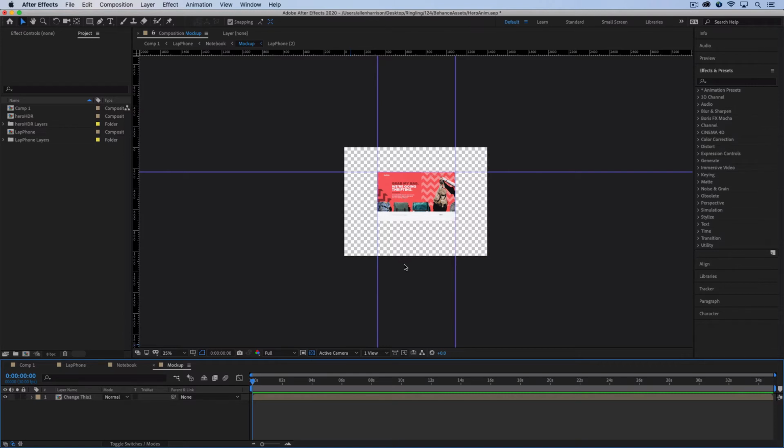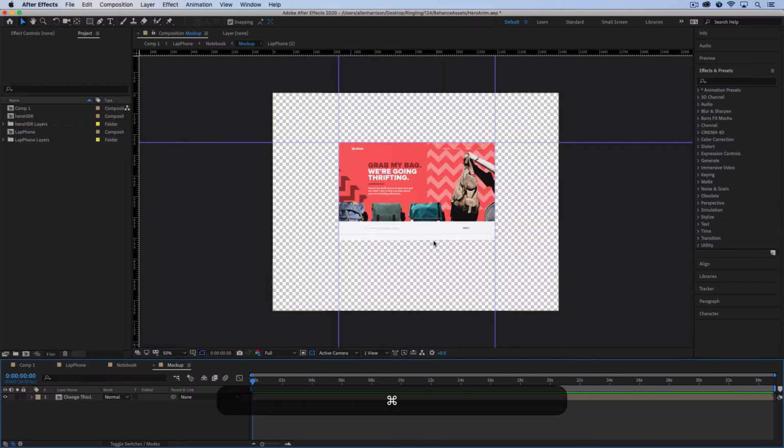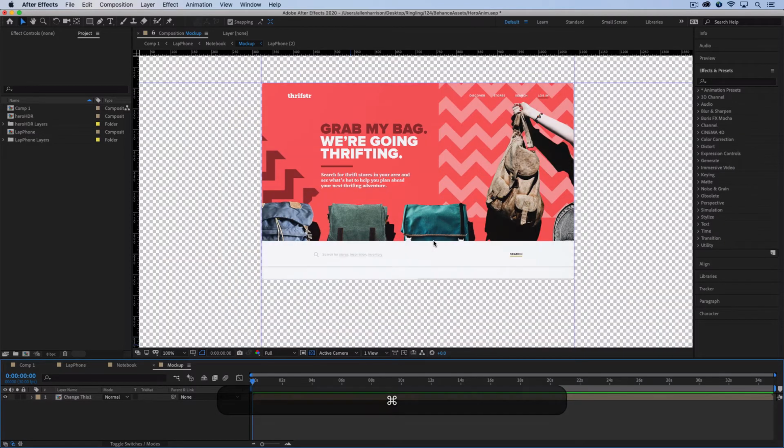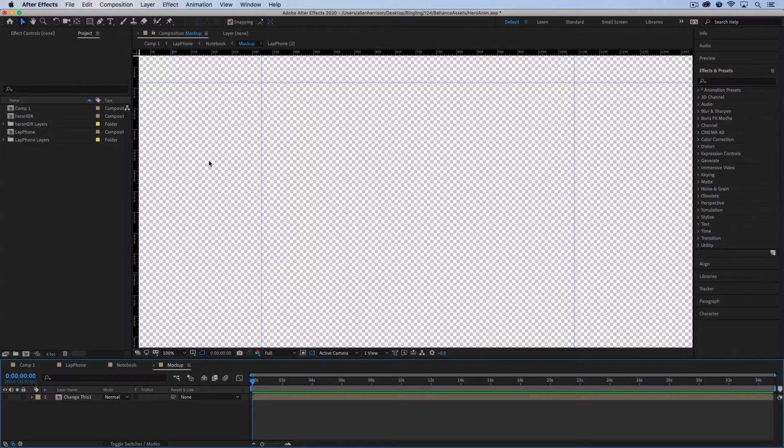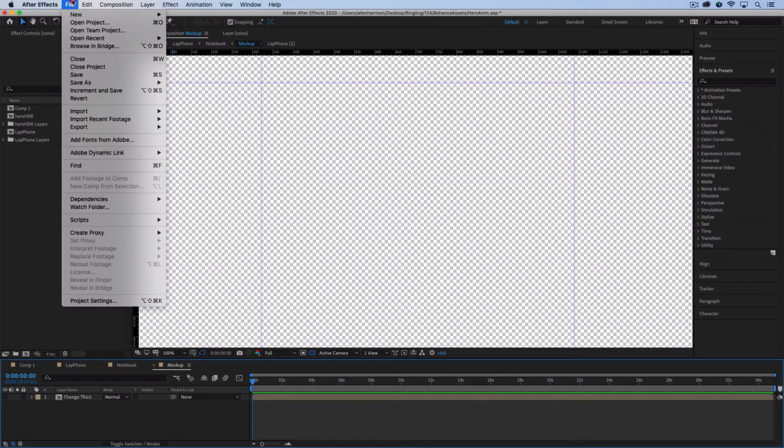So again, the issue is that when we imported the Photoshop file into After Effects, it actually crops it. So what I want you to do is, you can see I drew some guides. So if you don't have your rulers up, Command R to bring them up, and then just draw some guides to frame the layout here. And once you do that, you turn it off, and then you want to import